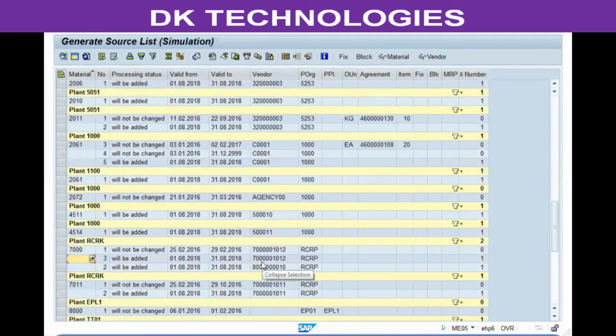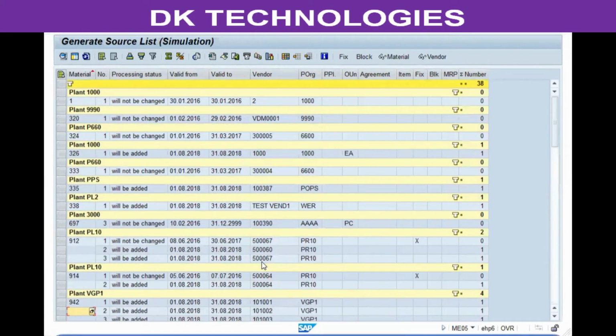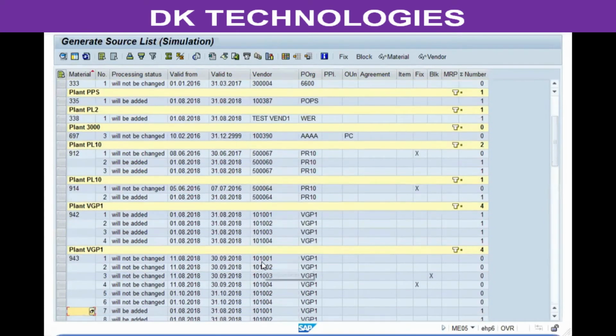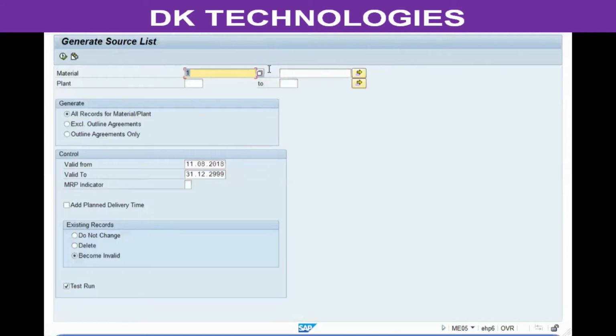So this addition will be irrespective of whether the new records overlap the existing record validity period. Even if it overlaps, it's going to add a new record with new record numbers. Else, you can select the second one, which says delete. That means all existing records will be automatically deleted and new records for the specified period only will be created